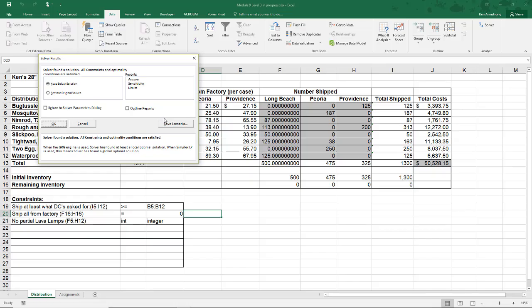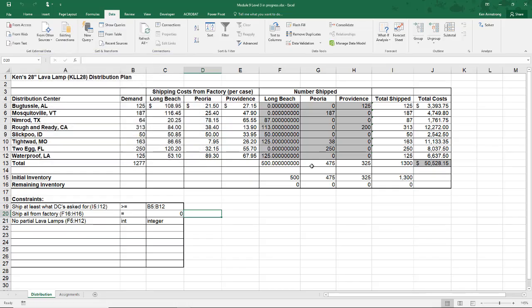I do see that we've shipped more cases than we had demand for, but we can't store inventory at a factory for a variety of financial and warehousing space requirements. They do have to go somewhere. So where did they go and why? We'll have to look to see which of these total shipped cells is greater than its corresponding DC's demand. It looks like Nimrod got them. Why? Because it looks like they were the cheapest to ship to, and we have to minimize our costs, so look out Nimrod, you're getting a bunch of lava lamps.